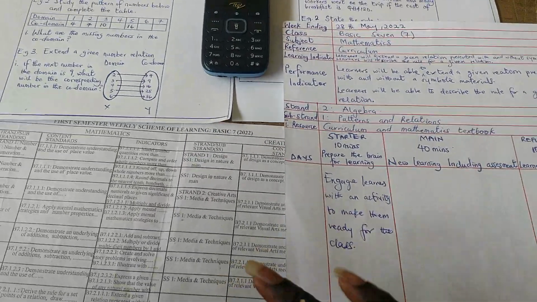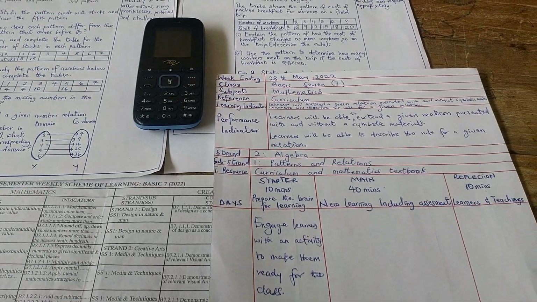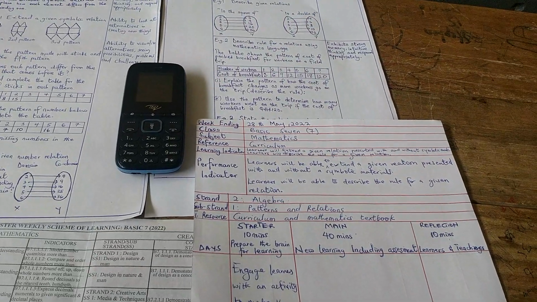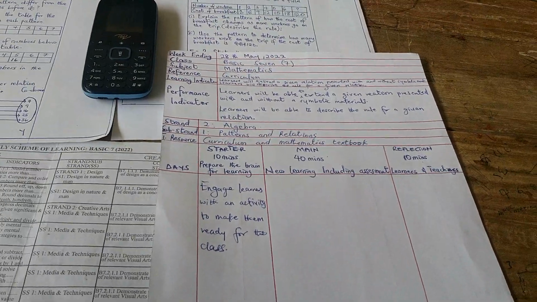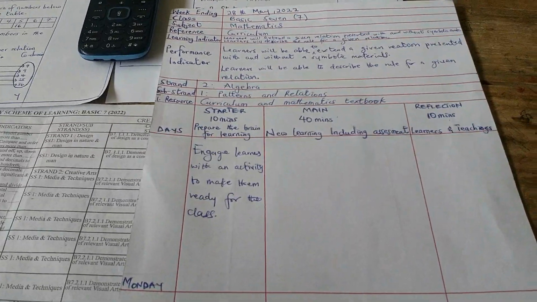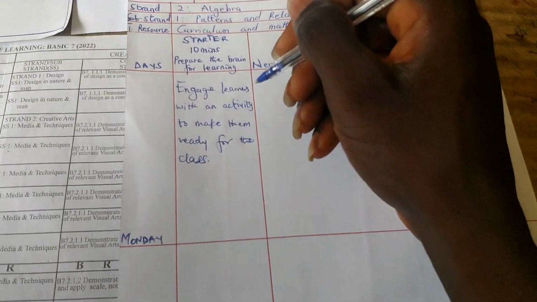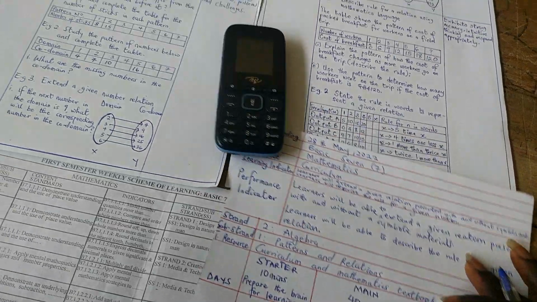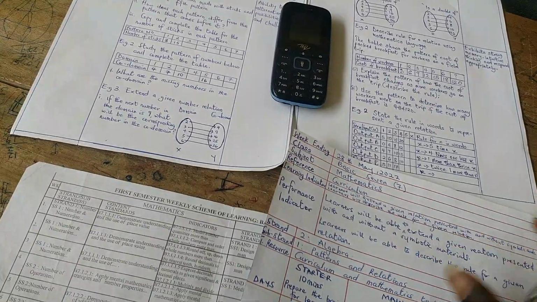So let's say the one we just sang: if you say 1, you are out, but if you say 2, so they will get into 2, 4, 6. So you can say, okay, if you say 5, you are out, but if you say 10, you are in. So 10, 20, 30. So they will know that, okay, it is following a certain pattern, which means we are coming to talk about patterns and what? Relationships. So you engage learners with an activity for them to be ready or to prepare their brain for the class. Good. Now that we are done with the starter,